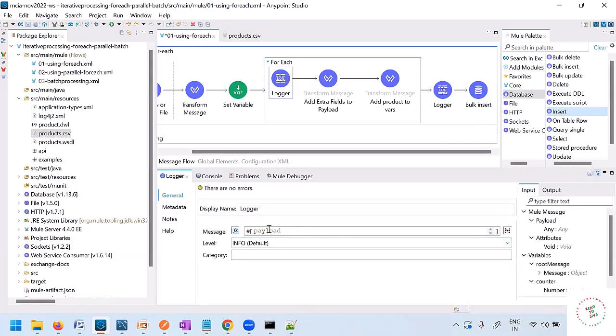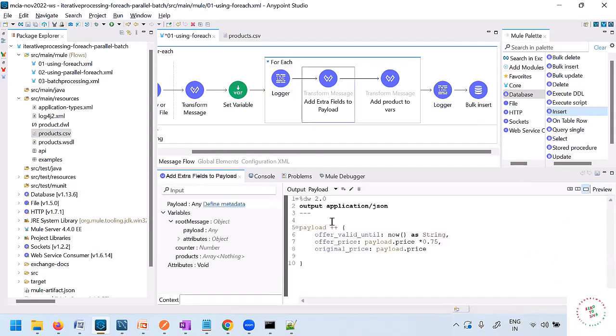Logger is just logging the payload. And this transform message is adding extra fields to the payload, like offer valid until. I'm adding a date component just like that. Offer price, I'm actually making by multiplying by 7.75 the price. So I'm adding some extra fields for each element, right? And then